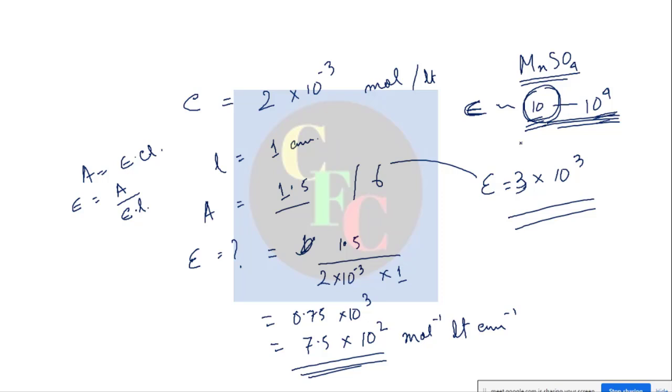Now if this epsilon falls in the UV region, you will not see the color, but it may have high intensity. In most organic compounds these epsilon values are very high and intense, but unfortunately they fall in the UV region. That's why you do not see the color. But as in the example of potassium permanganate, it is highly intense in color, because that transition is allowed and the epsilon is very high, right?